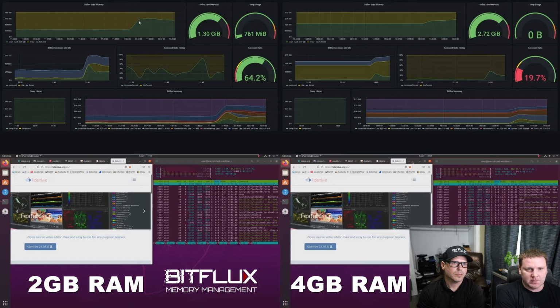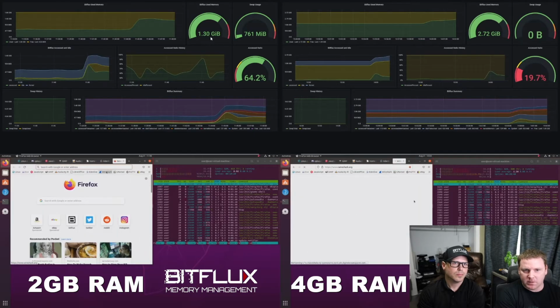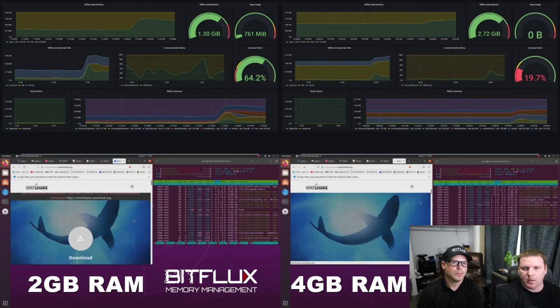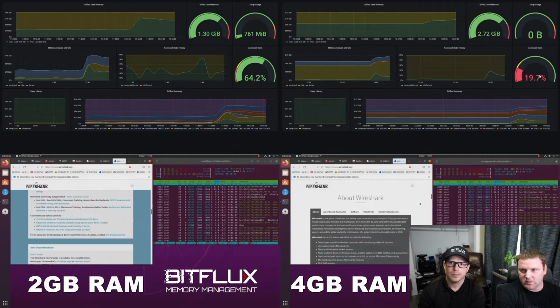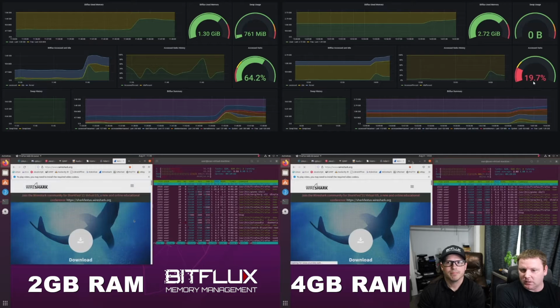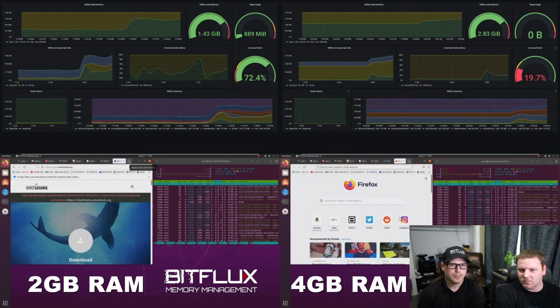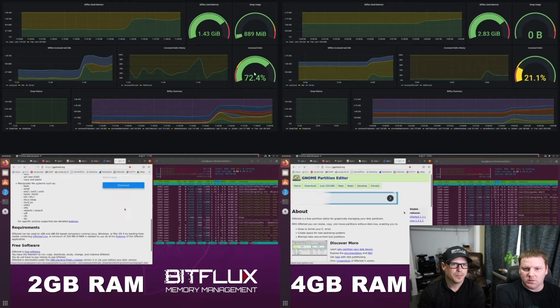On the system on the left, we have 1.3 gigabytes used, and 64% of that has been accessed. That means 64% of this 1.3 gigabytes is actually being used by the platform. On the right, we have 2.7 gigabytes used, and only 20% of that is actually being used by the computer to do its job, which kind of makes sense, right? You just have a web page open. What else does the computer need to do? It needs to be showing you the web page and maybe a few background tasks. So this metric is really interesting because